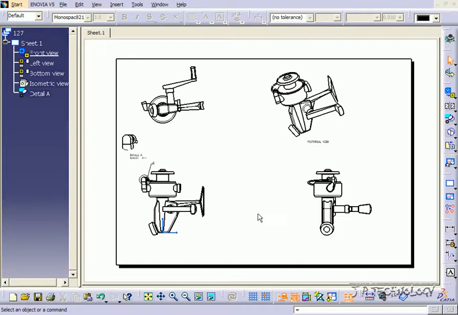This is tutorial number 133 and it covers anchor points within CATIA v5. To start off, open up tutorial part number 127, which is located on the DVD. Now what we're going to do is go over anchor points, and what these do is that